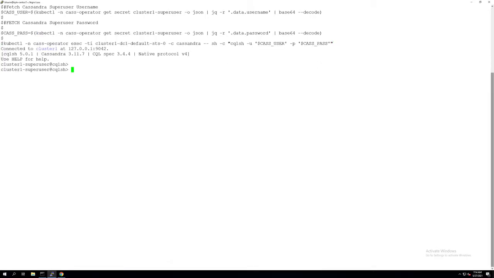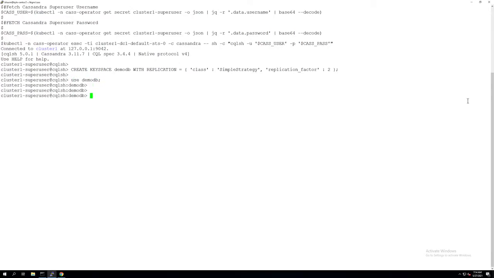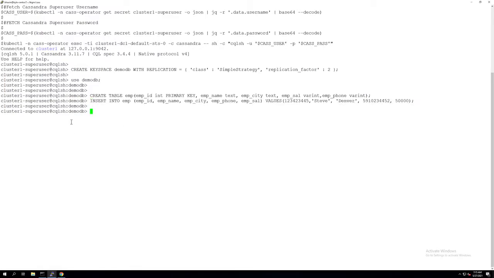Once you have it, you can use the cqlsh utility and log in using the username and password, and we'll create a new keyspace, use that keyspace, and then create a new table, just a simple employee table with a primary key, the name of the employee, the location, and the salary.